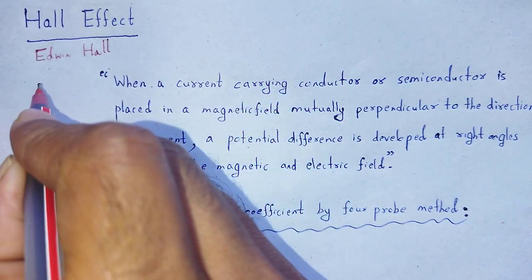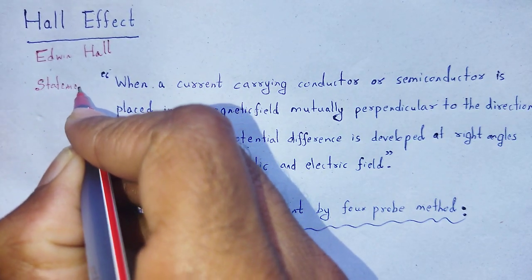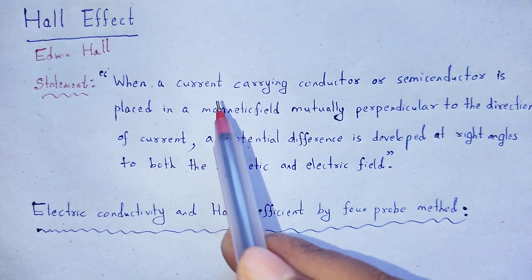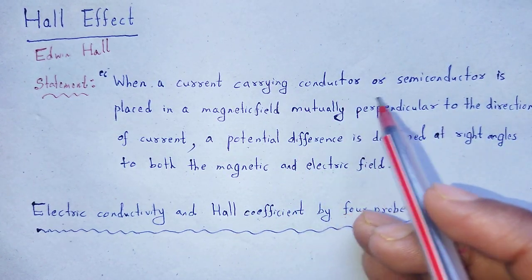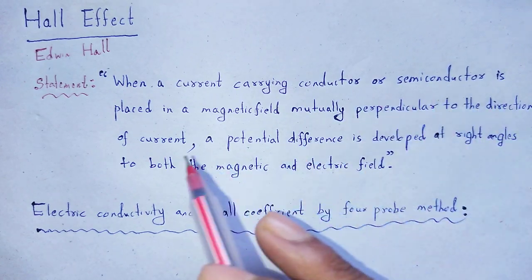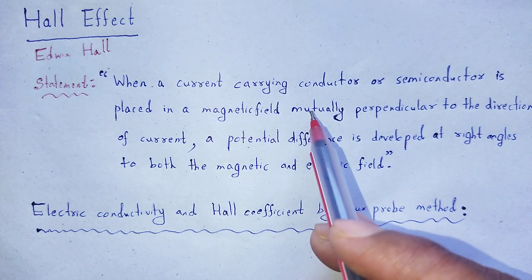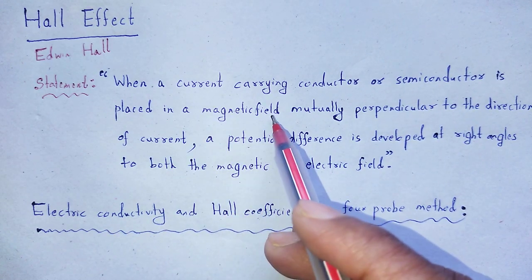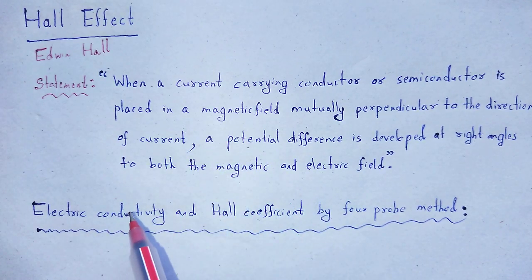According to Edwin Hall, the statement is: when a current carrying conductor or semiconductor is placed in a magnetic field that is mutually perpendicular to the direction of current, meaning both magnetic field and direction of current are perpendicular to each other,